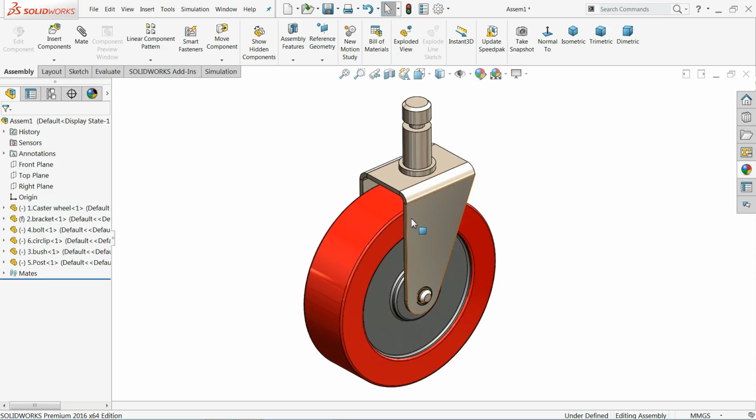So this is this simple tutorial for the beginners who want to learn how to make parts and assemble in